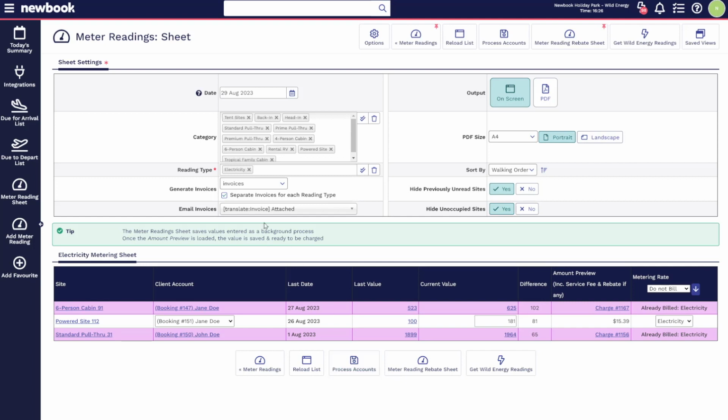Before processing, if you would also like to issue an invoice and potentially email that off to the guest for payment,